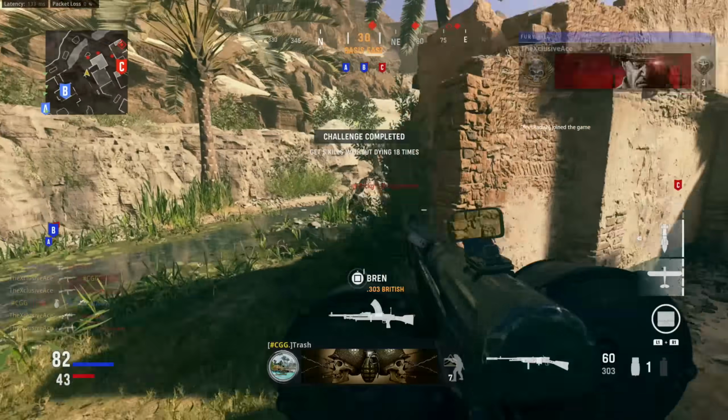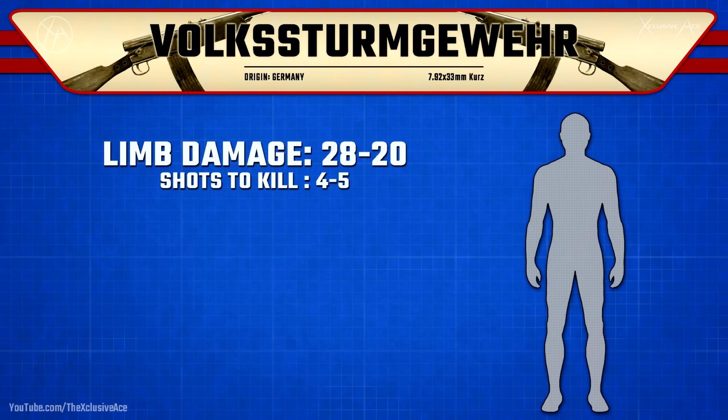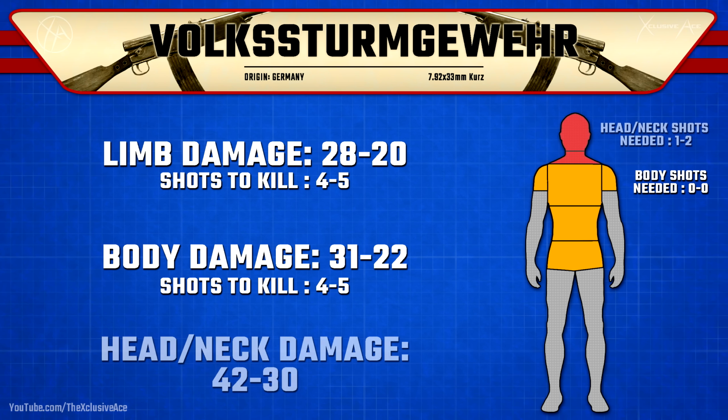rest of the episode. And diving right in, as always, let's start it off with our damage profile, which with this gun is going to be a 4 to 5 shot kill to the body, and this applies to the limbs or the torso, doesn't matter, it's still going to be a 4 to 5 shot kill. As for our headshot damage, we deal 42 damage up close, 30 at a distance, and what this means is up close, we just need one single headshot mixed in with body shots to reduce the number of shots to